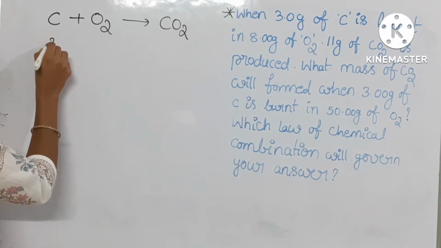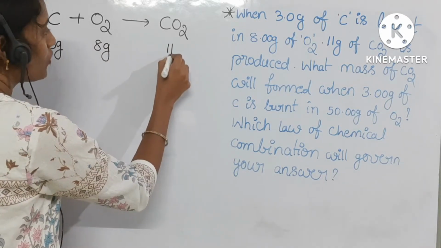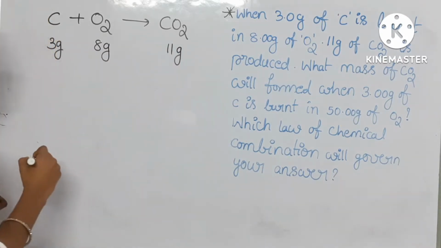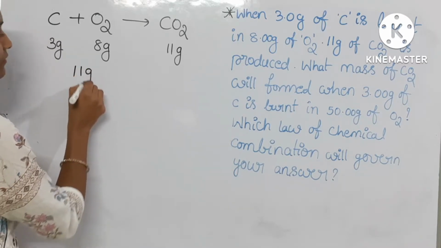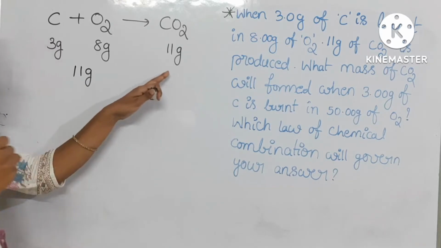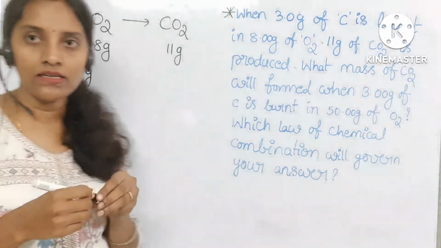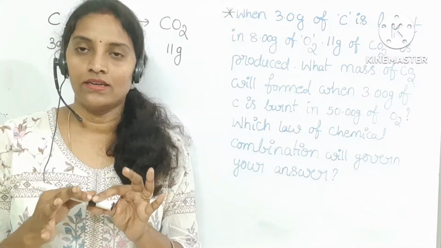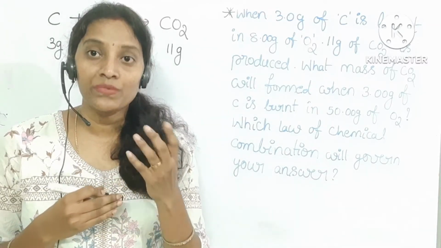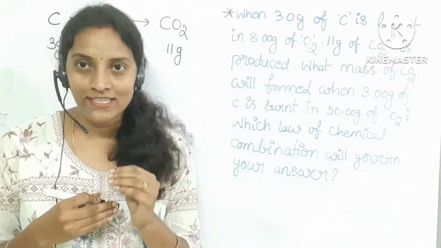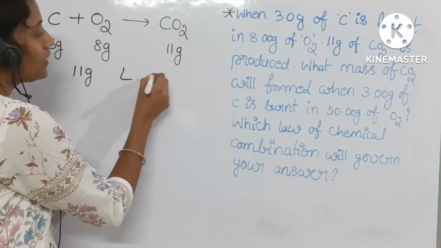In the first condition, 3 grams of carbon reacting with 8 grams of oxygen will form 11 grams of carbon dioxide. Here the reactant side is 11 grams and the product side is also 11 grams. So by seeing this answer you can directly tell this condition represents the law of conservation of mass. Law of conservation of mass is nothing but